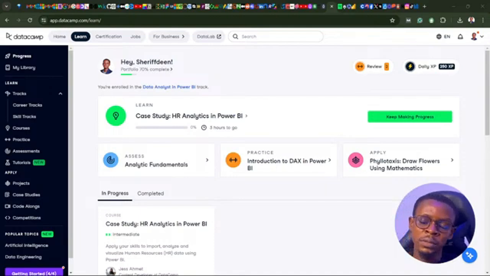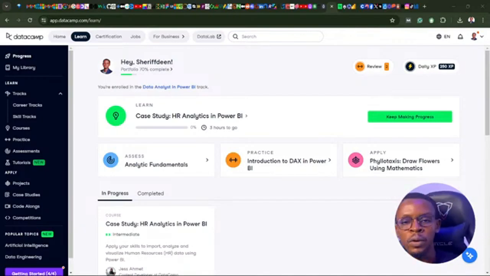So today is day 37 and we'll be starting with a case study to continue our journey, and actually we'll be doing this case study to implement all what we've learned so far from day 1 till today's date, day 37. So the first thing we'll be doing in this case study is to connect to the data set,